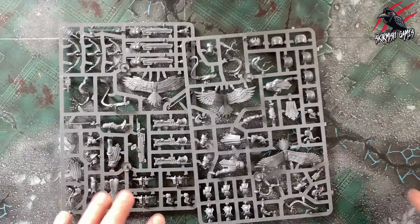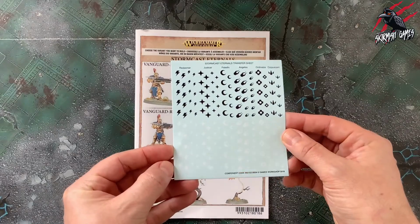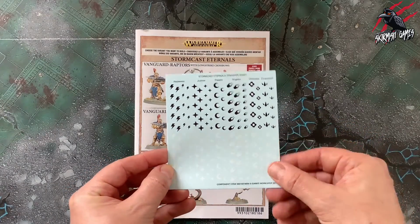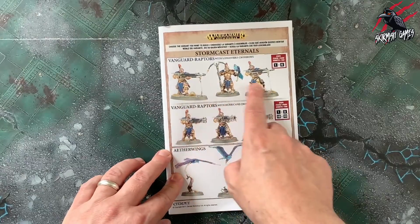And so now let's look at the instruction book. And here's the instruction book. And this is the first time I've seen a transfer sheet with an Age of Sigmar set of models. So that's interesting. I don't think I'll use them. I'm not sure. But they come in the box anyway. So that's those. And here's the instruction book with some nice pictures that you can use as your